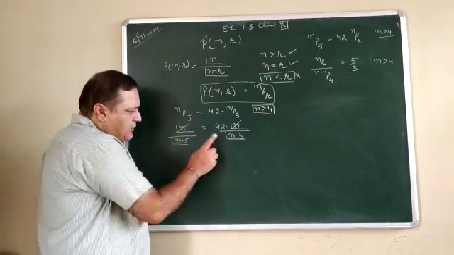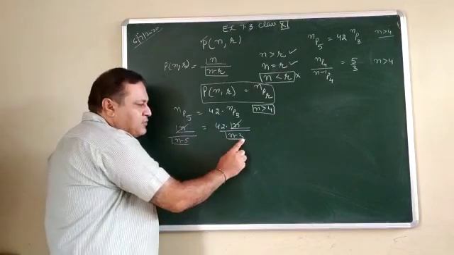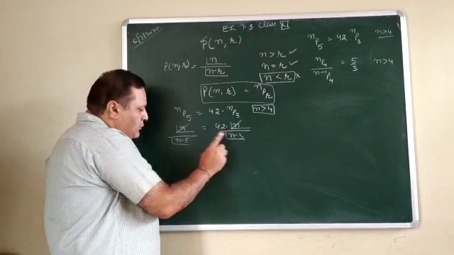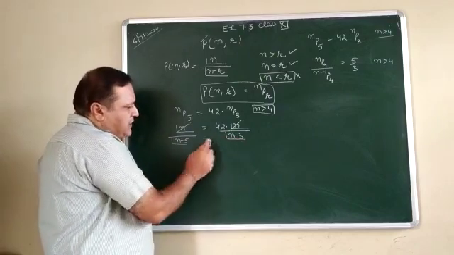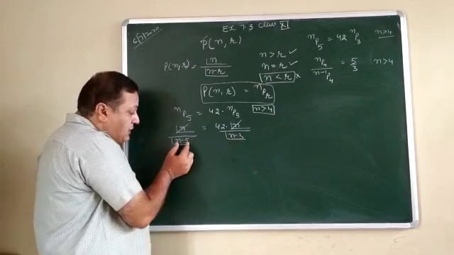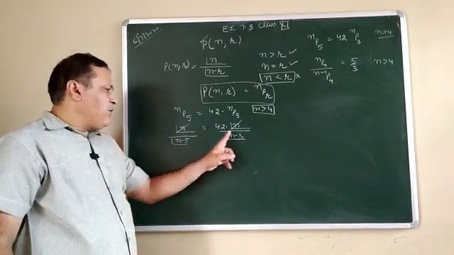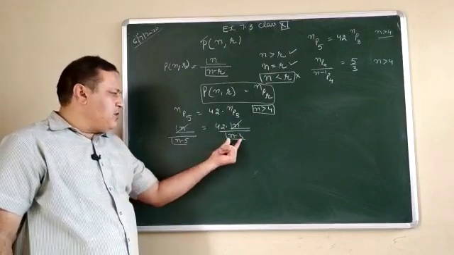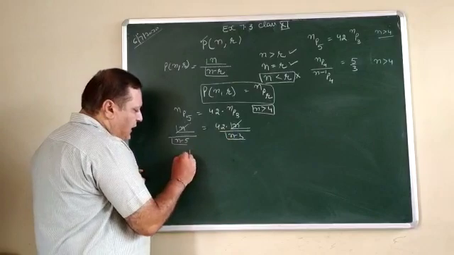In both situations, n is the same. In this situation, 5 is subtracted. In this situation, 3 is subtracted. So it means this value, when 3 is subtracted from n, gives a larger result than this one, because from this one 5 is subtracted, and from this one 3 is subtracted. So this value gives the larger result. So always open the larger value.